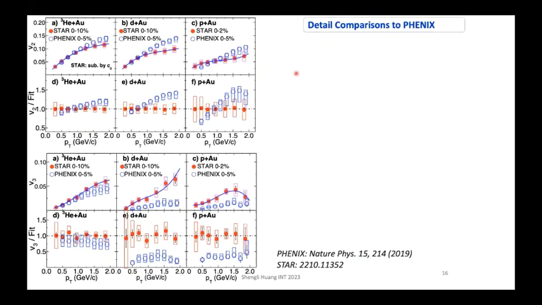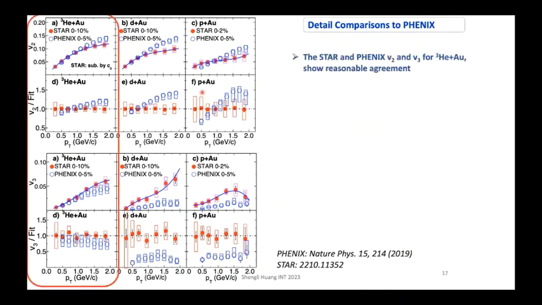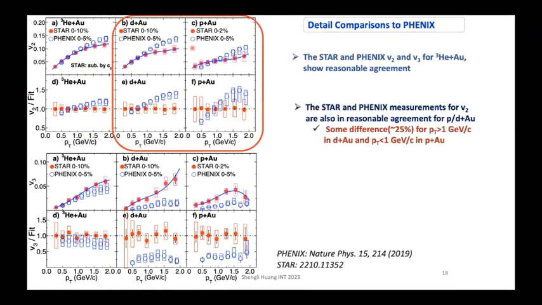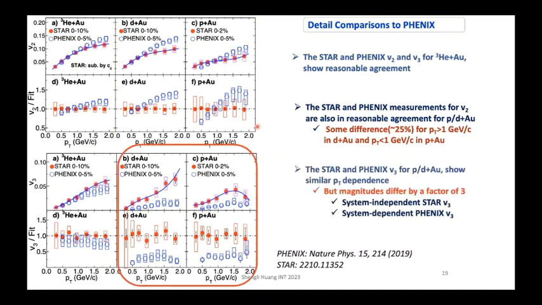Now we can make the comparison to PHENIX, which was done a couple years ago. First, we compare the V2, V3 in the helium-3 system. You can see both V2 and V3 are pretty consistent between the two collaborations. And the V2 in the d+Au and p+Au collisions is also roughly consistent within the systematic uncertainty, except maybe a 25% difference. But unfortunately, we see a significant difference for the V3